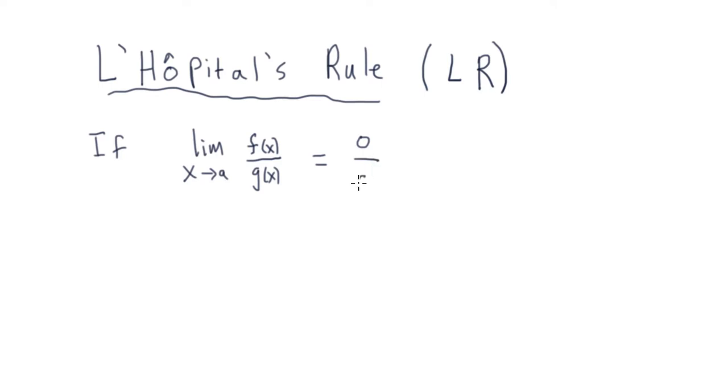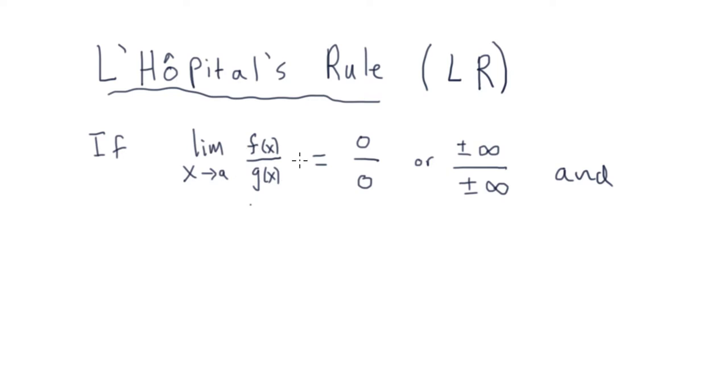We get 0 over 0, or plus or minus infinity over plus or minus infinity. So all I'm saying is that we try to evaluate a limit, and we get one of those first two types of indeterminate forms, 0 over 0, or infinity over infinity. And then, of course, it could be negative infinity over infinity, or negative infinity over negative infinity, whatever. It doesn't matter, they're all indeterminate forms. If we get an indeterminate form like this, and,